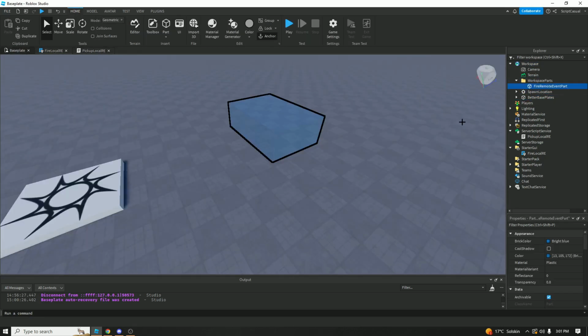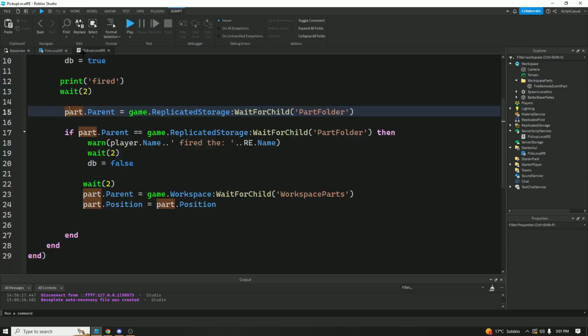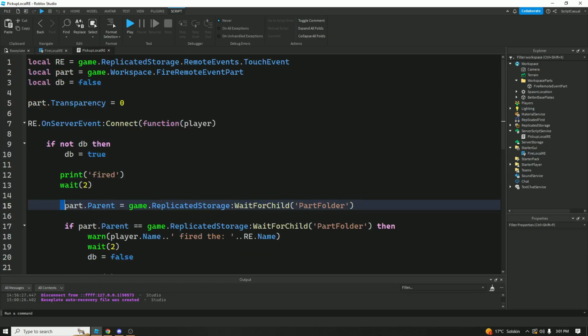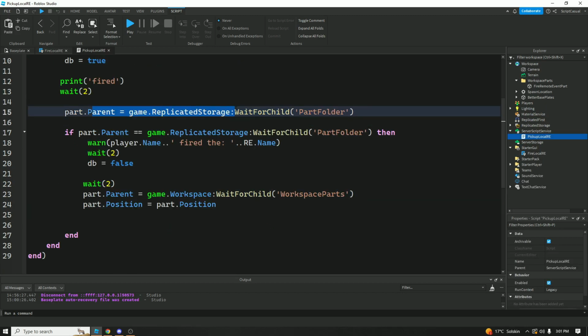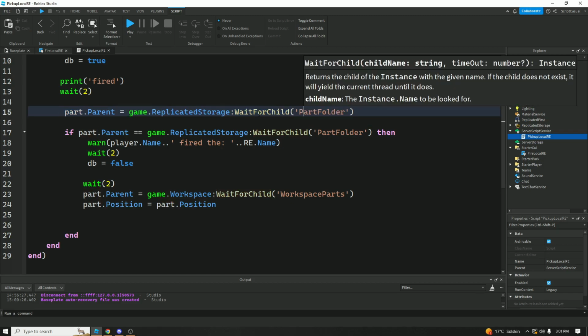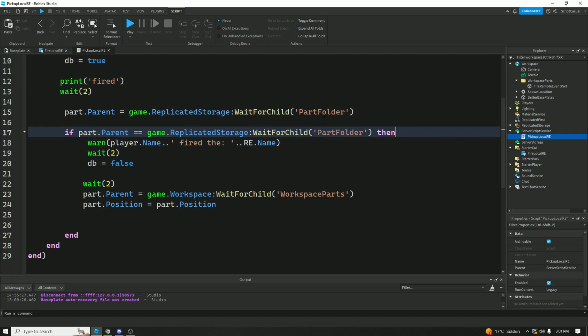Actually, I'm going to put it in this folder right here. So we're setting the part's parent, sorry, I'm messing up today. So the part's parent is game.ReplicatedStorage, WaitForChild the part folder that we made before. When we're setting this, we're not waiting, we're actually setting this to this part folder. Then we're saying that here. So if it successfully set it, then we'll run